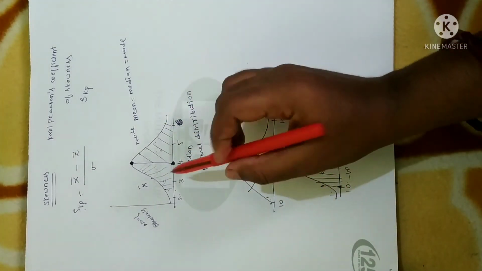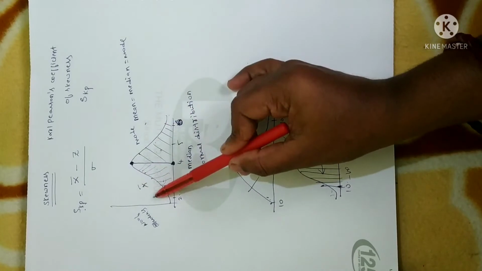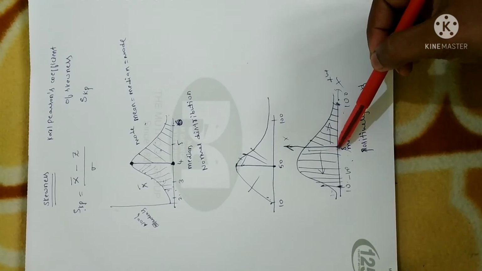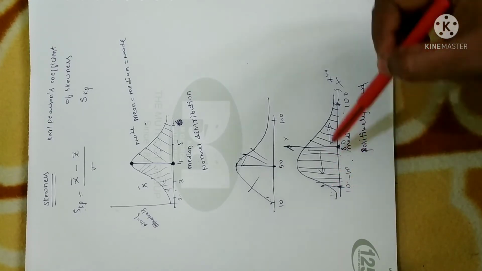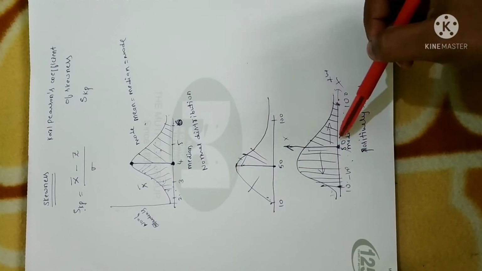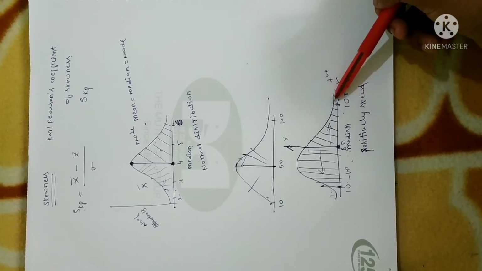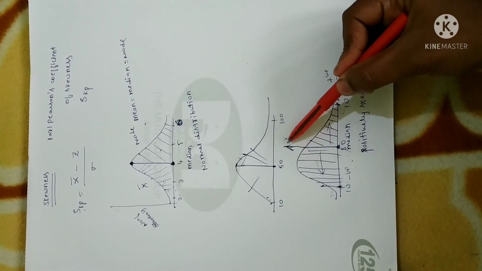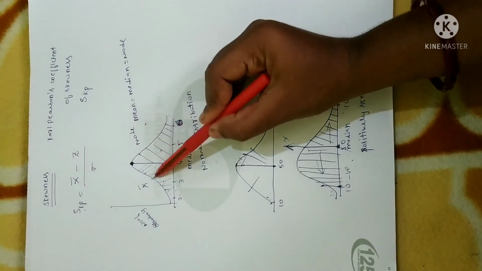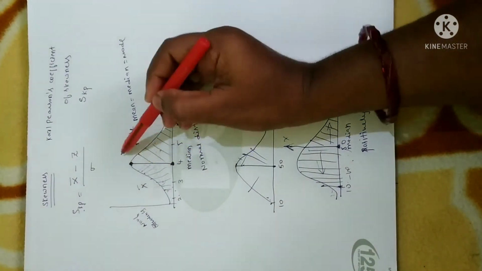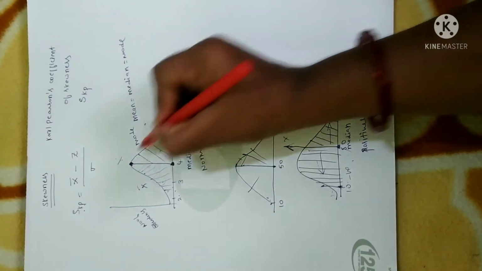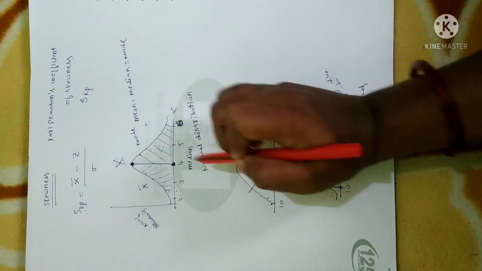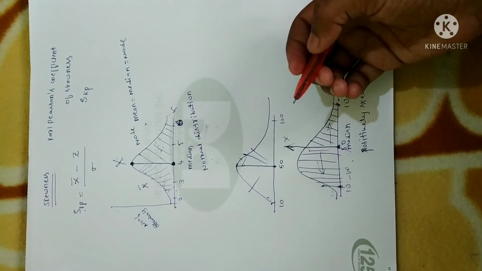So in the first case, hopefully it is clear. Since the central value is 4, in this case mode is equal to mean. Whereas in the second case, it represents the earnings of persons. This region represents the persons who earn less than 50,000 per month or per annum. This represents the number of persons who earn more than 50,000 per annum. So this region is very high compared to this region, right? In the sense, if the central tendency represents the x-axis, here you can clearly say in the first case it is positive x-axis. Suppose this is the x-axis and this is the y-axis. With reference to central tendency, both sides are symmetrically distributed. That is why we call this a normal distribution or symmetric distribution also.